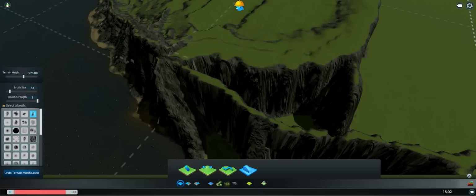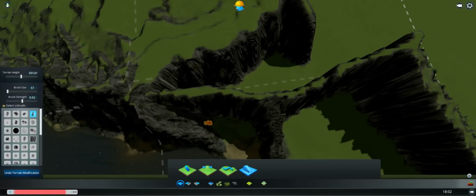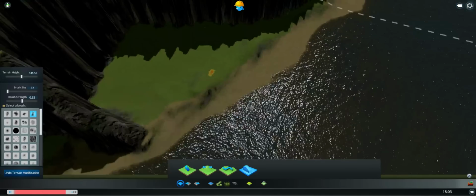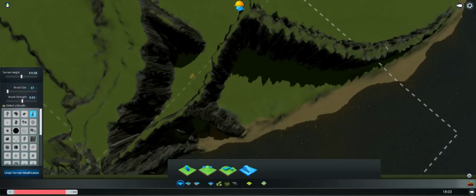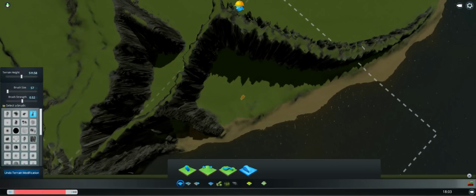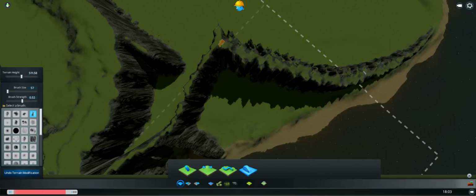And I'm going to reduce my brush size a little bit more. And I'm going to take the strength down as well. I'm going to bring it to about 50 something percent. And then it's literally just a case of making more of these sections. Oh, actually no, before I do that, there was one thing that I forgot, which is, so these two are intersecting. Yeah, I didn't finish this thought. These two are intersecting, and so there'll be a point where this slope here collides with this slope here, and so in order to avoid that, or in order to make that a little bit easier, I'm gonna right-click here,